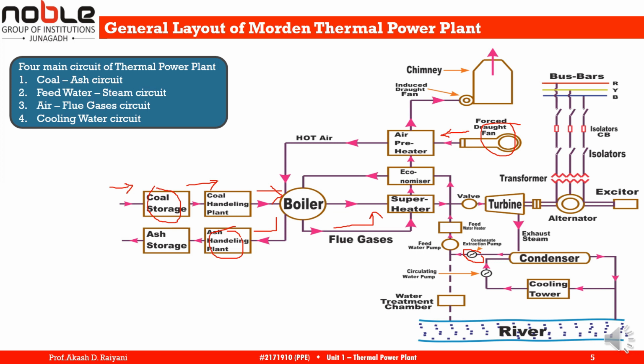The condensate is heated in the low pressure heater by using steam which is extracted from the low pressure extraction point of the turbine. The feed water is then passed into the deaerator and then the high pressure heater, where it is heated by the bled steam extracted from a suitable point of the turbine. The function of the deaerator is to reduce the content of dissolved oxygen in the feed water.